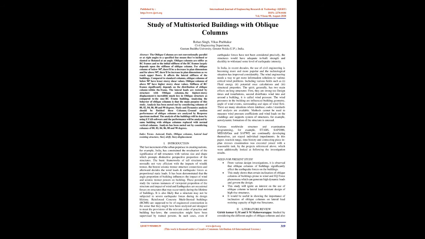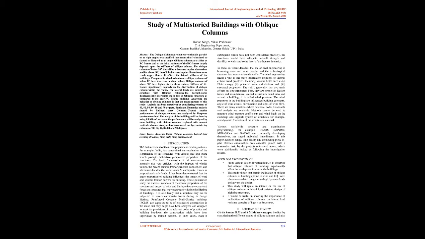Study of multistoried buildings with oblique columns. Abstract: the oblique columns are not conventionally parallel or at right angles to a specified line, meaning they're inclined or slanted or rotated at an angle. Oblique columns are stiffer as RC frames, and so the initial stiffness of the RC frames largely depends upon the